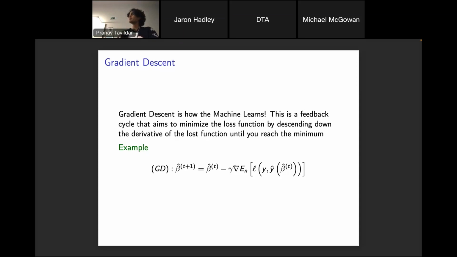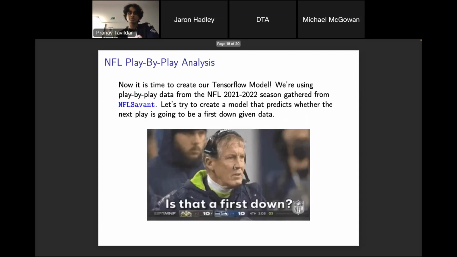We want to make that number as low as possible, and the best way to do that is to find the minimum using calculus. Fortunately, you don't have to actually implement this because it has been implemented and optimized, and we can go take a look into that code ourselves.